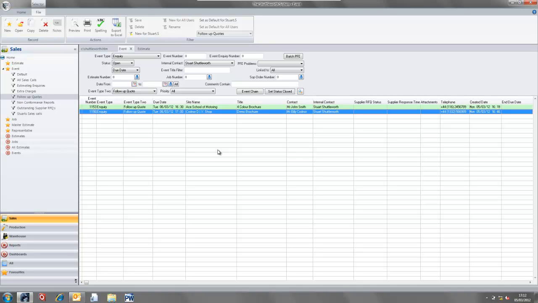Once the estimating department has created the estimate, they have then sent an activity back to the originating salesperson, in this case Stuart Shuttleworth, and he has now got an activity to follow up that quote to try and get the order from the customer. So when it appears on Stuart's list with a date when it's due to be followed up,